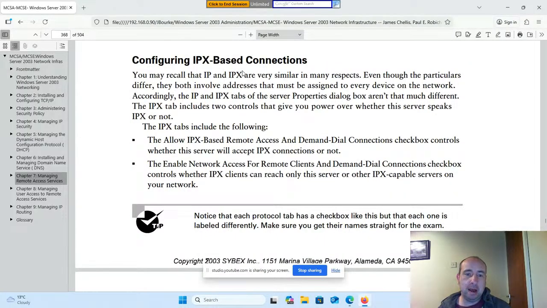Configuring IPX-based connections. You may recall that IP and IPX are very similar in many respects. Even though the particulars differ, they both involve addresses that must be assigned to every device on the network. Accordingly, the IP and IPX tabs of the server properties dialog box aren't that much different. The IPX tab includes two controls that give you power over whether this server speaks IPX or not. The IPX tab includes the following: the Allow